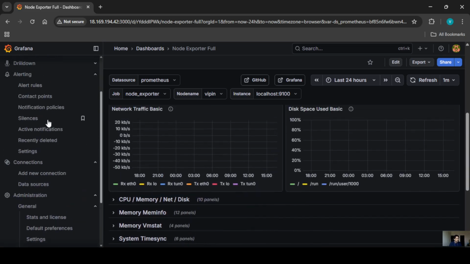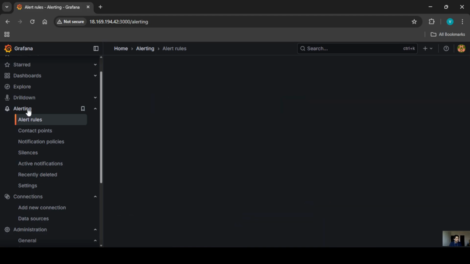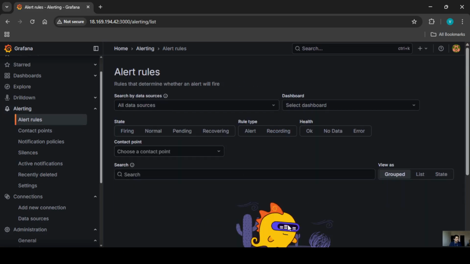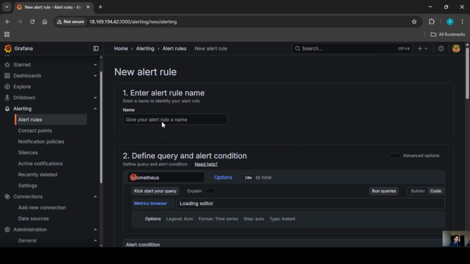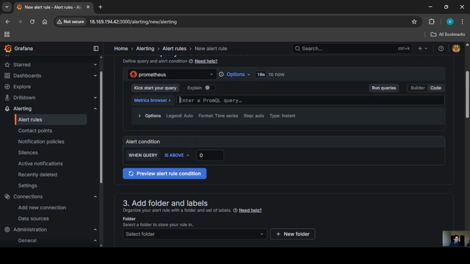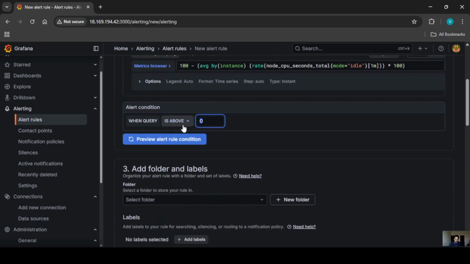And let's add new alerting. Now we need alerting, alerts, manage alerts, new alert. We need to provide a query basically here. So I'm giving a PromQL query where I'm saying node CPU seconds total, and if the mode is idle, in the span of the last 5 minutes and average by instance. So let's change to 1 minute. If it goes above 80%,